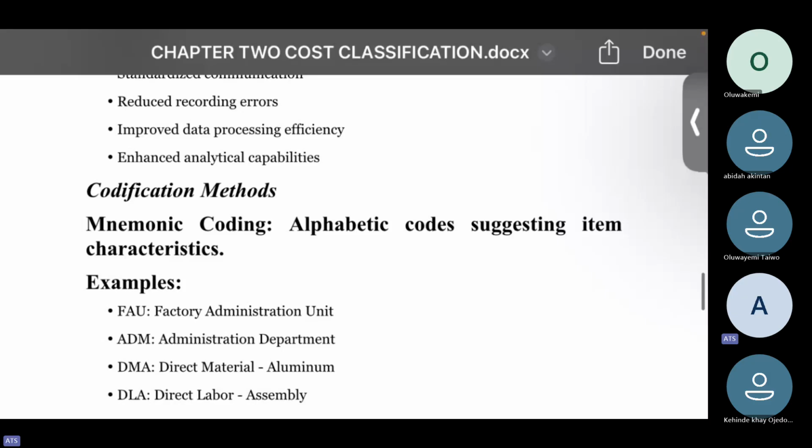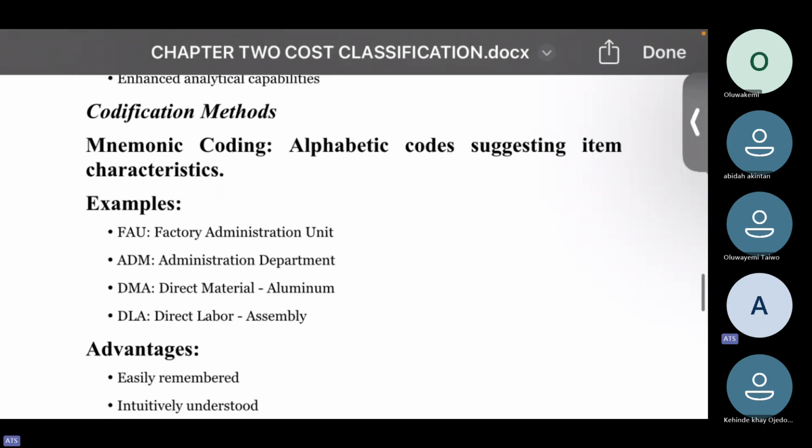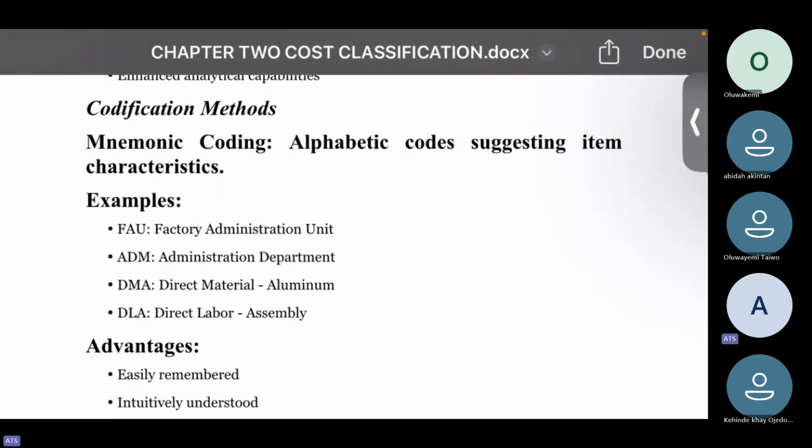There are some methods of codifying costs. The first one is mnemonic coding. Under mnemonic coding, you use alphabets to suggest. This is a very common one. It is very simple. It is easily understood. The moment you see it, you know what it is if you are used to the process. So an example is, for instance, using FAU instead of factory administration units, or instead of administrative department,